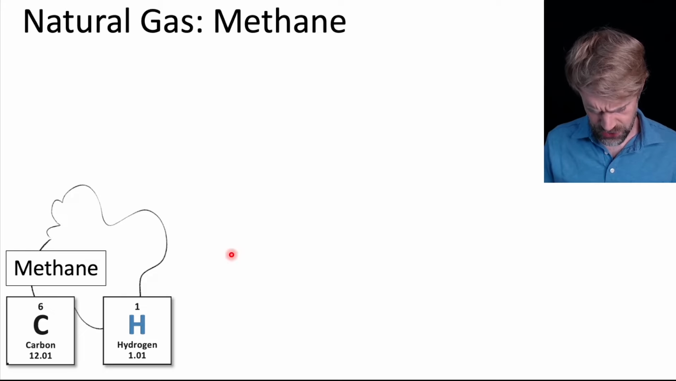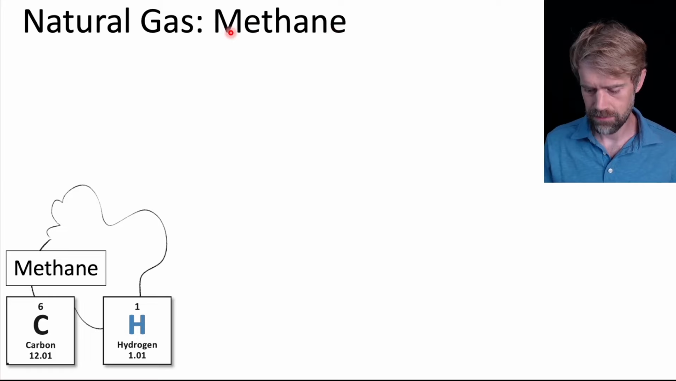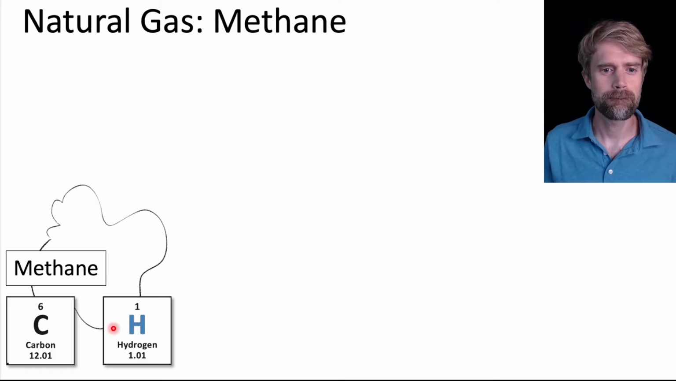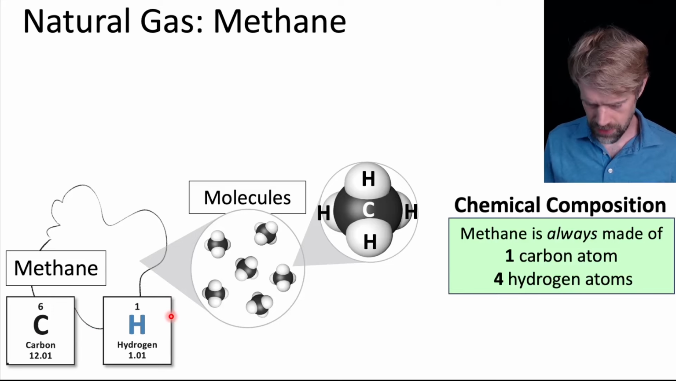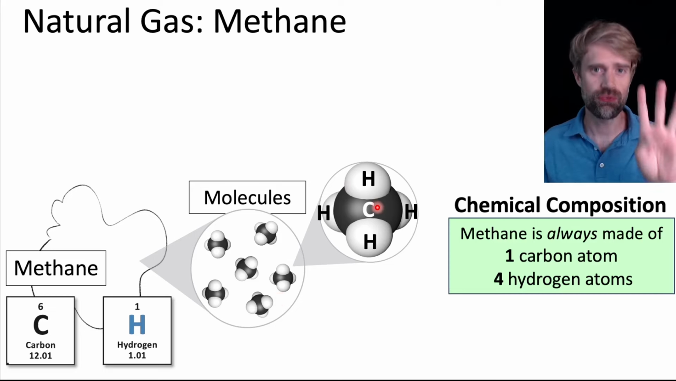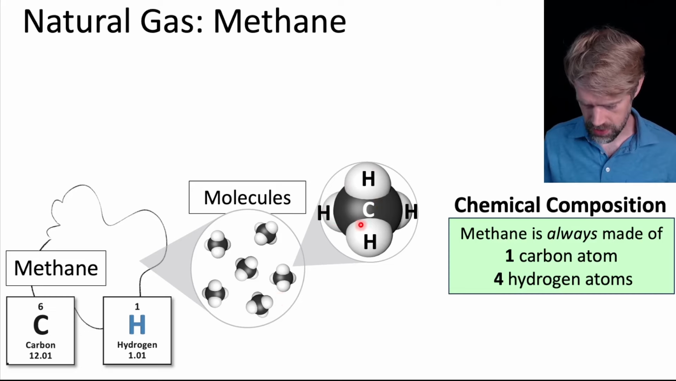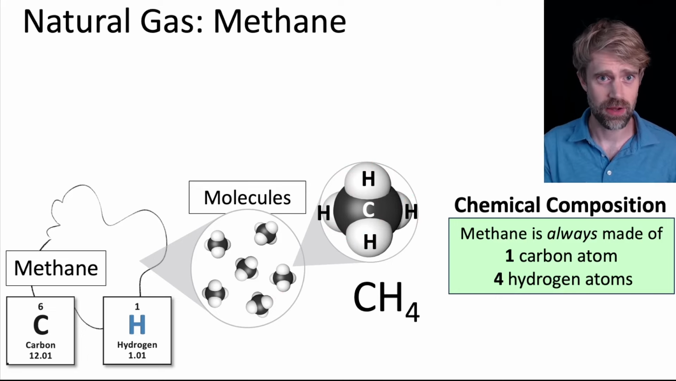Here's natural gas, which is actually a compound called methane. Methane is made from the elements carbon and hydrogen. And methane is made of molecules that have 1 carbon atom, that's the black atom here, connected to 4 hydrogen atoms. You can see those here. So, what's the chemical formula for methane? It is